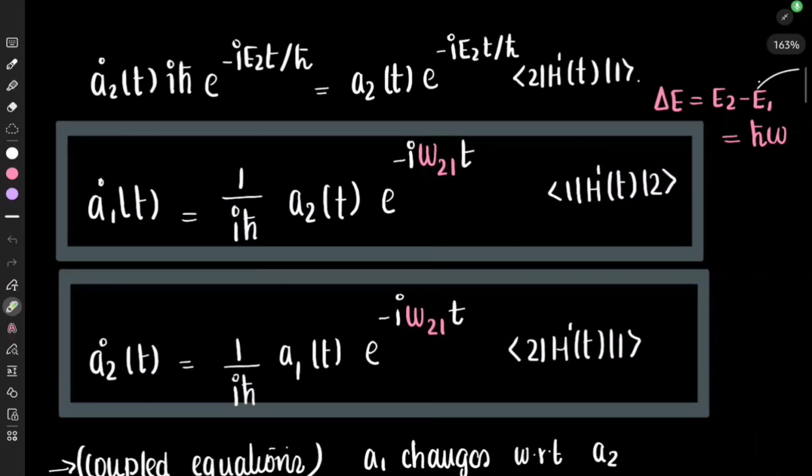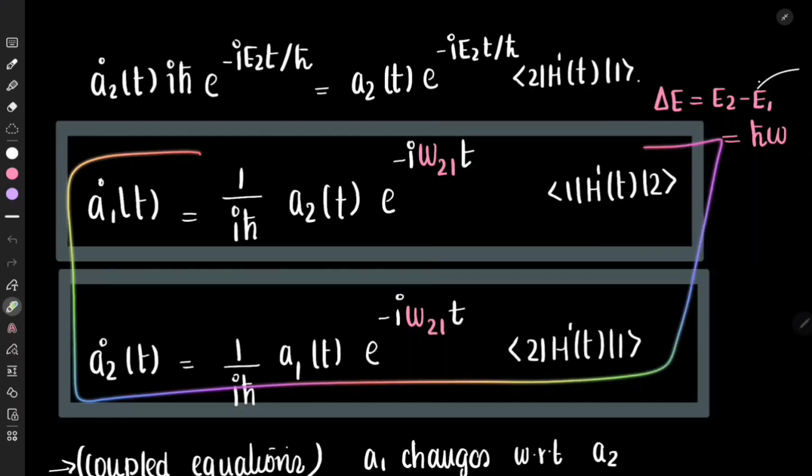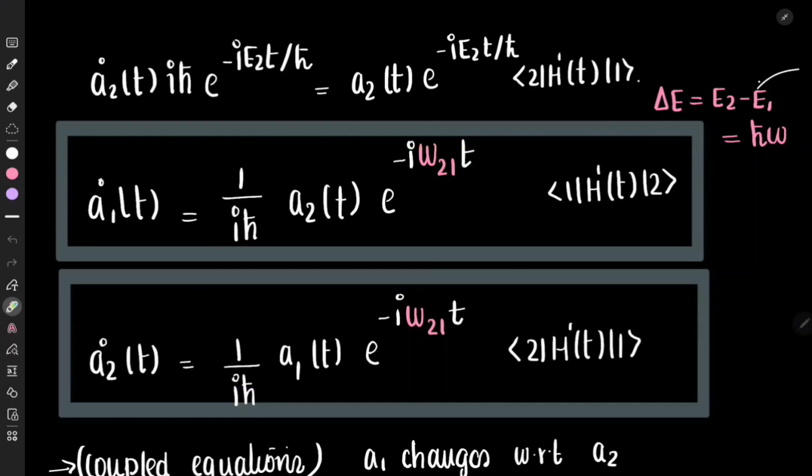In the previous video, we stopped at this stage. We found out the value for a1 dot of t and a2 dot of t. This is the second part of the video. So to begin with, we'll be finding the general formula for these two equations, and to do so, we'll write